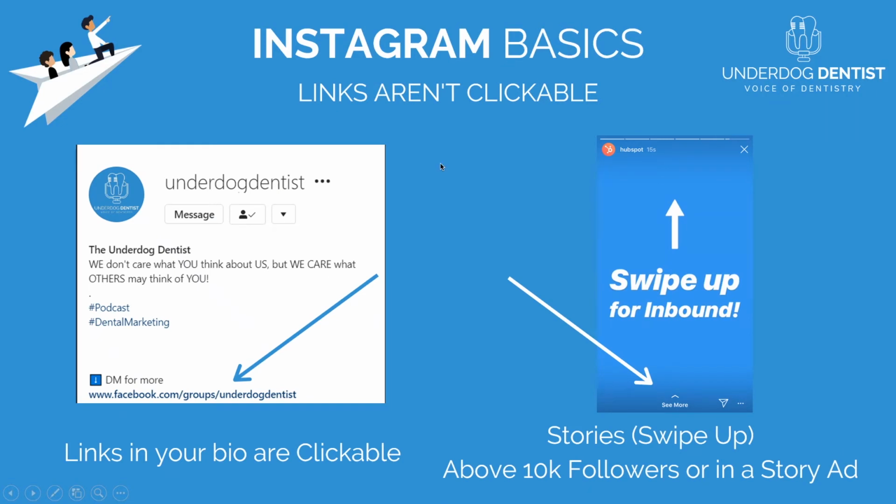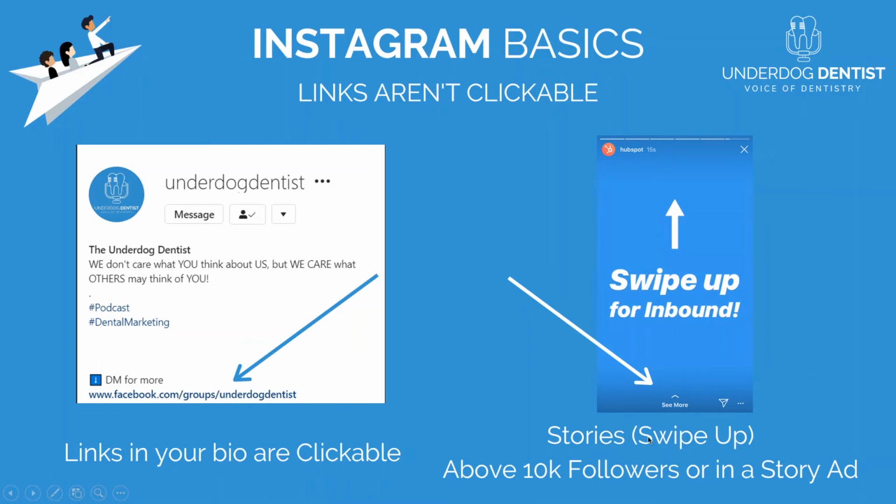Links. Instagram doesn't allow users to click on links, and you can't click on links if and only if you are putting it in your bio and the swipe up stories option. Then only are you able to click on the links. And in the stories section, this see more button or swipe up button, you'll only get it if you have 10k followers or more, or else you are supposed to run a story ad.